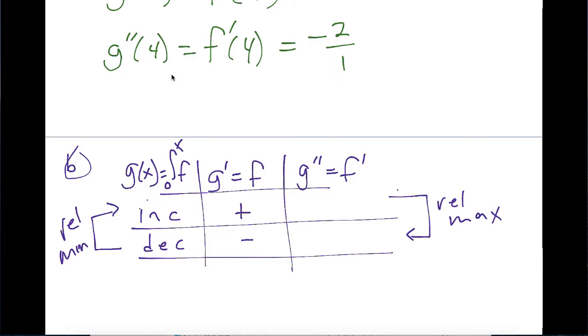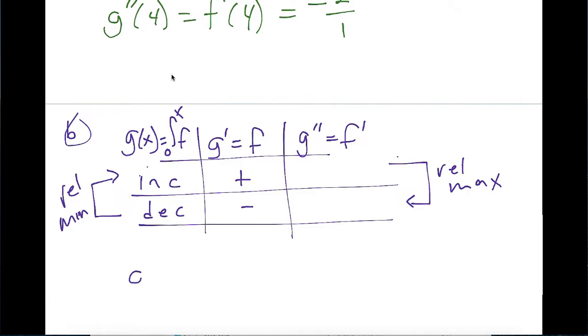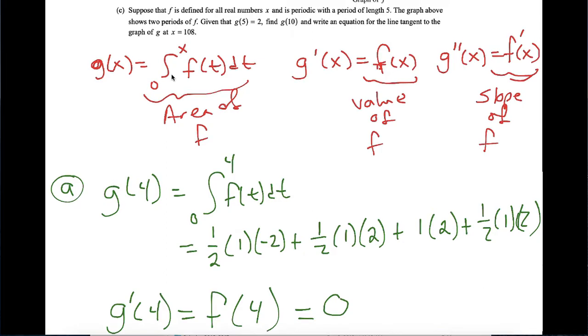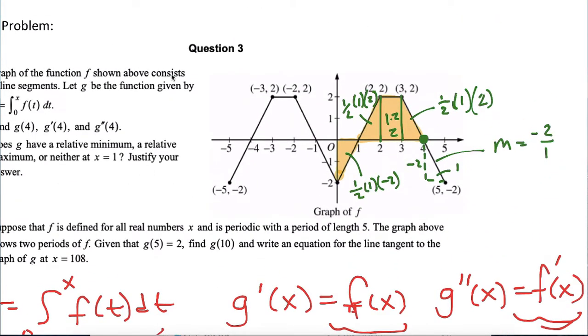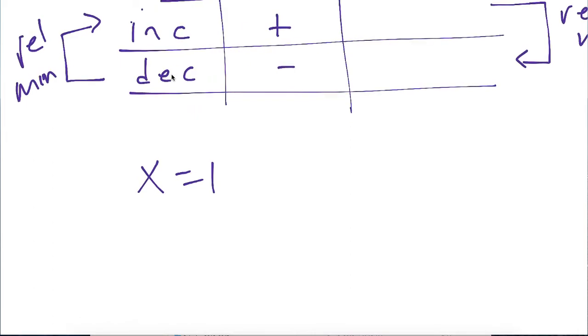So what you want to look at is, well, what's happening at G when x equals 1? When x equals 1, if we look at our graph, when x equals 1 right here, notice that we're going from negative values to positive values. If we're going from negative values to positive values, and this is the same thing as G prime, then we know that this is a relative